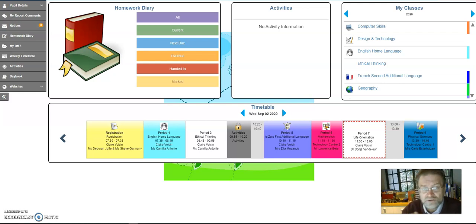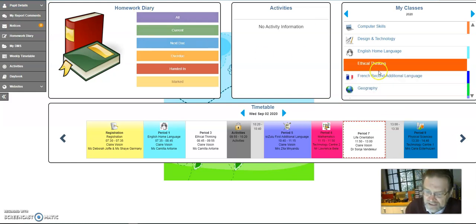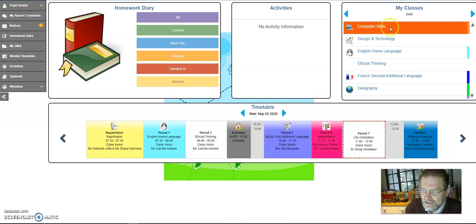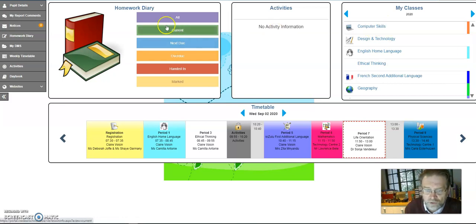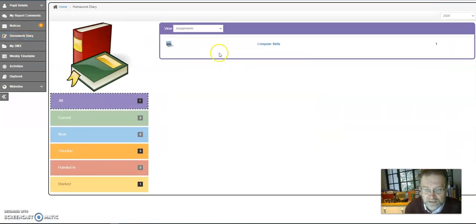So you log on to Engage, you go to your portal, and you'll see something like this. And you can either go and click on your class, or you go and you click on your homework diary. So if I click on my homework diary, that comes up, and you can see here that you've got a computer skills assignment, which is now due. This is current, next, overdue, handed in, marked, etc. So if I click on that,